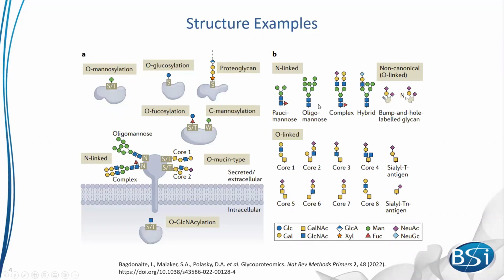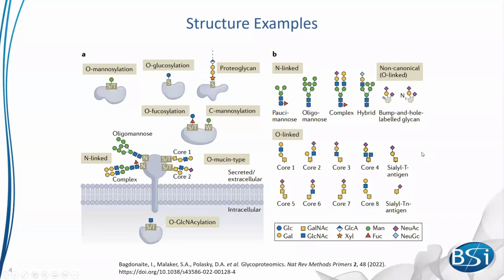So Glycan Finder at this point deals with two types of glycopeptides. There are N-linked glycopeptides, which attach to the asparagine in a very specific binding motif. So the actual location of an N-linked glycopeptide is not that challenging to identify, but the structure of the N-linked glycan can be complex, and there's a wide variety of different N-linked structures. So finding the correct composition and structure is a challenging problem.